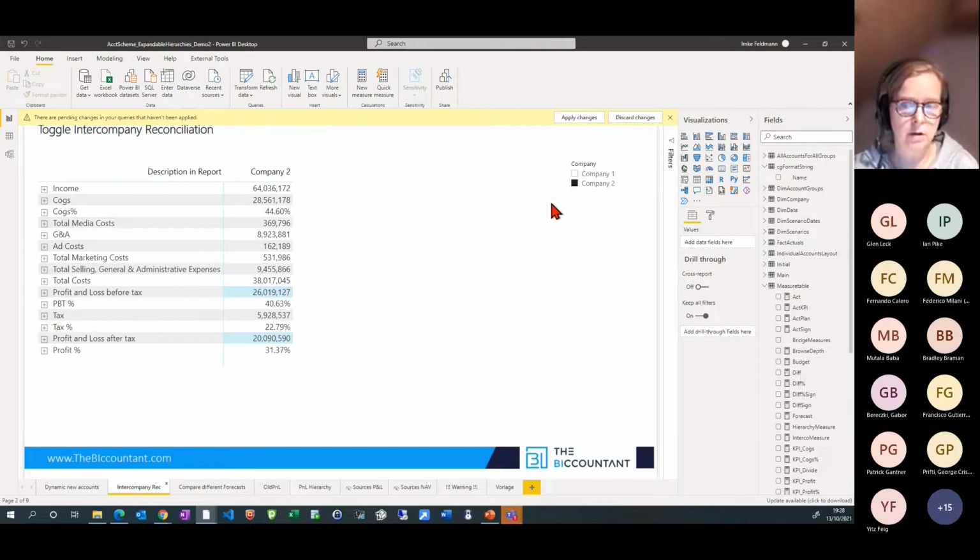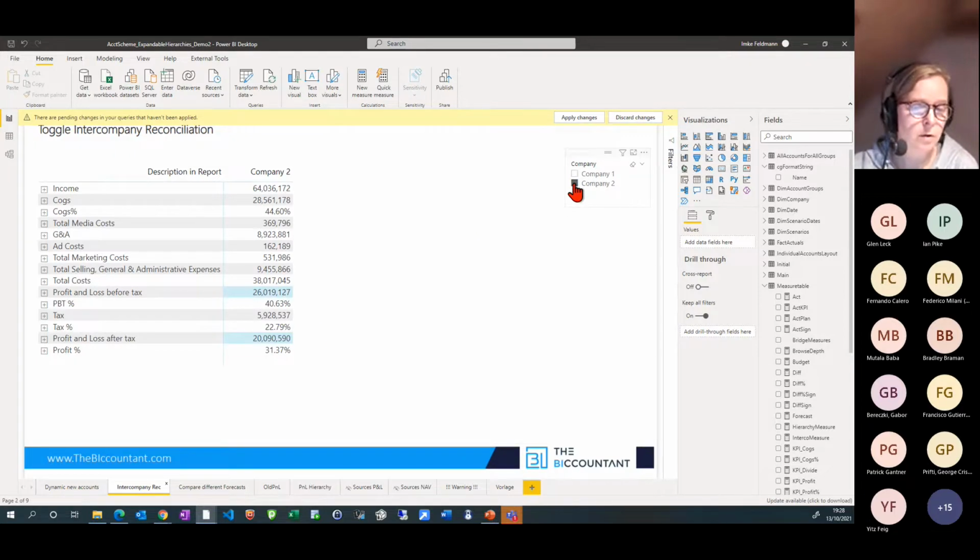And these so-called intercompany transactions have to be eliminated if you look at the big picture where you take all companies together, basically. So one requirement that came up recently was that in reporting, when we just select one company,